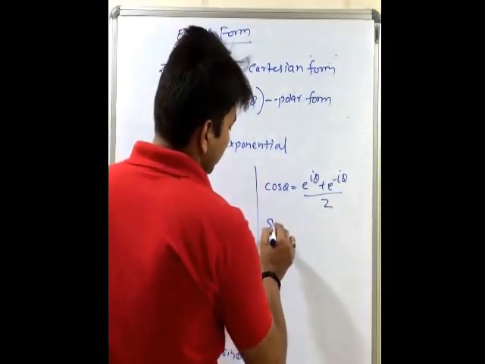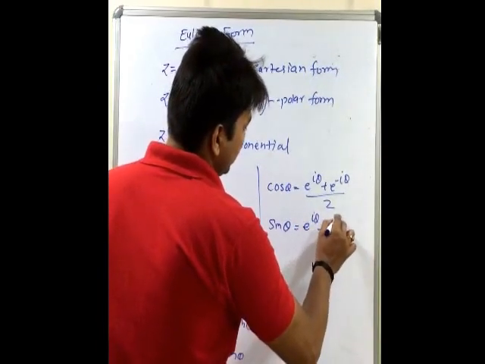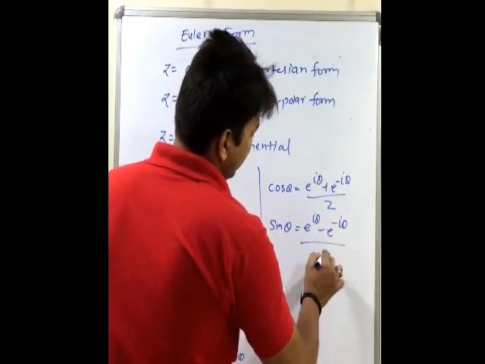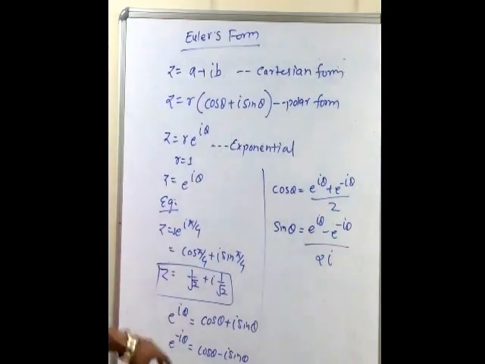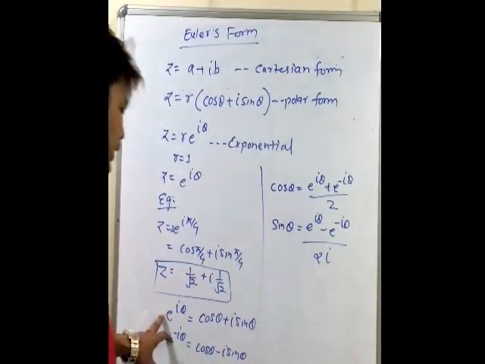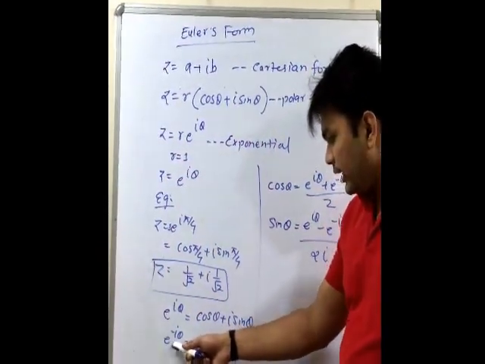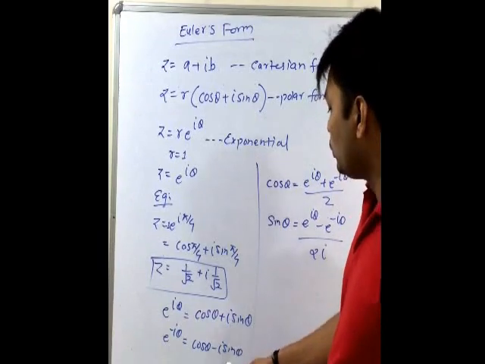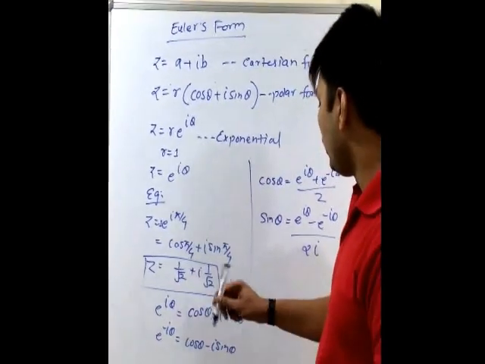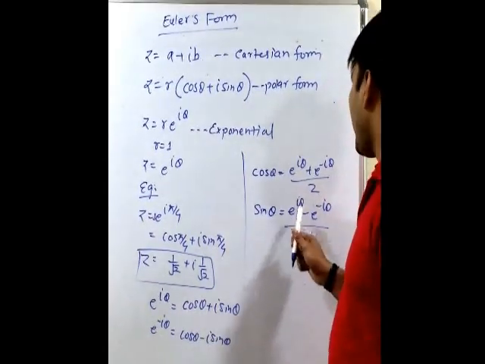So if you want to get sin theta, it will be e raised to i theta minus e raised to minus i theta divided by 2i. Okay, now just subtract these two. So you will get e raised to i theta minus e raised to minus i theta equal to 2i sin theta. So 2i gets transferred. So sin theta is equal to e raised to i theta minus e